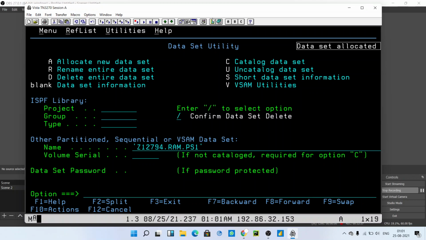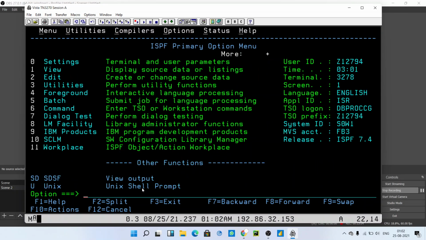If you want to check where the file that you created is, for that, just go to the option menu, and don't do that. Actually press F3, second time F3.